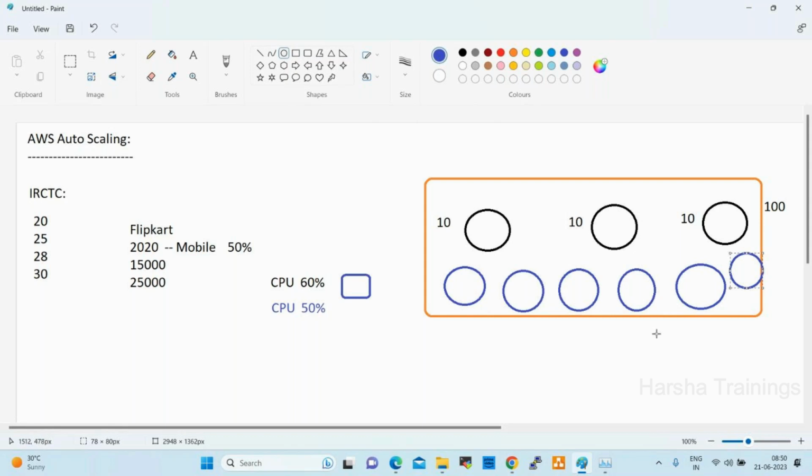Yes, there will be limits, a limitation. I'll show you practically while working on auto scaling: what the limitation is, how to configure it, how many servers maximum we can add, and how many base servers we can use. Whenever there is no demand, less than 50%, whatever servers were added will be removed, deleted. But if the servers are removed, what about